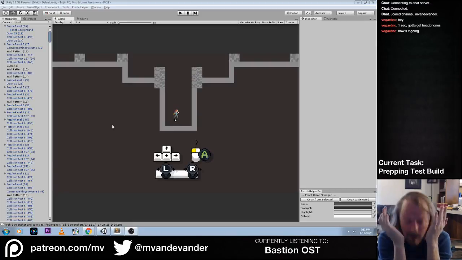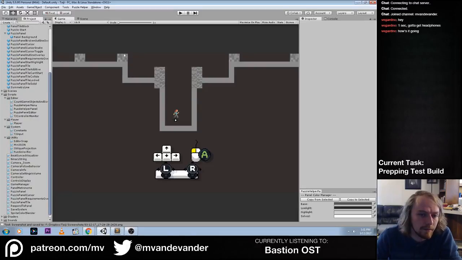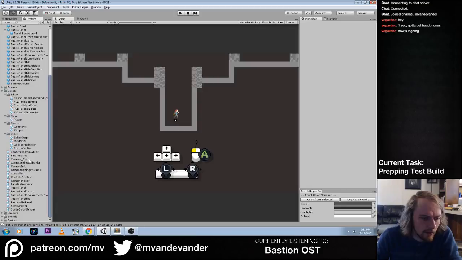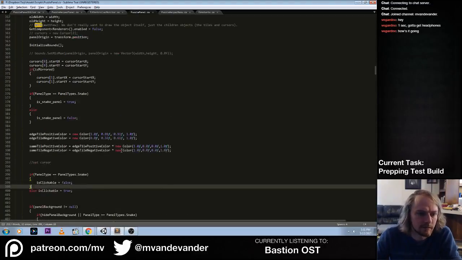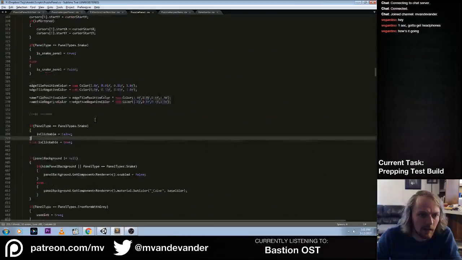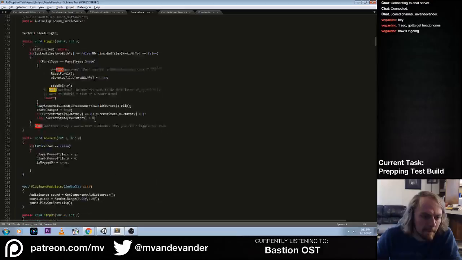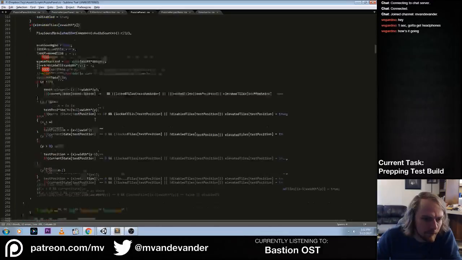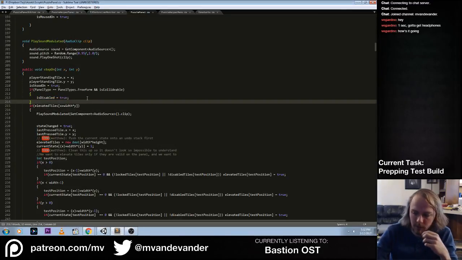a tile that powers panels. That means I need to look into what it is right now that's enabling and disabling that panel. Just when you're, like, standing on it, right? Because there's something that's doing that, and I don't know exactly what it is. I assume it's probably inside of Stefan. Yeah, okay, so is disabled is true. Gets set there. So